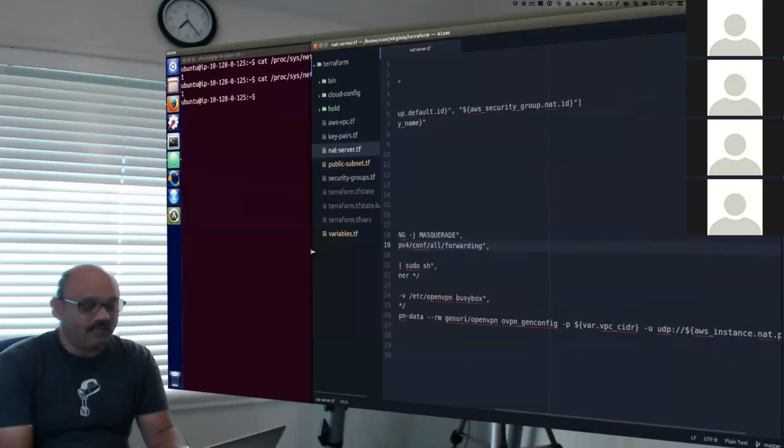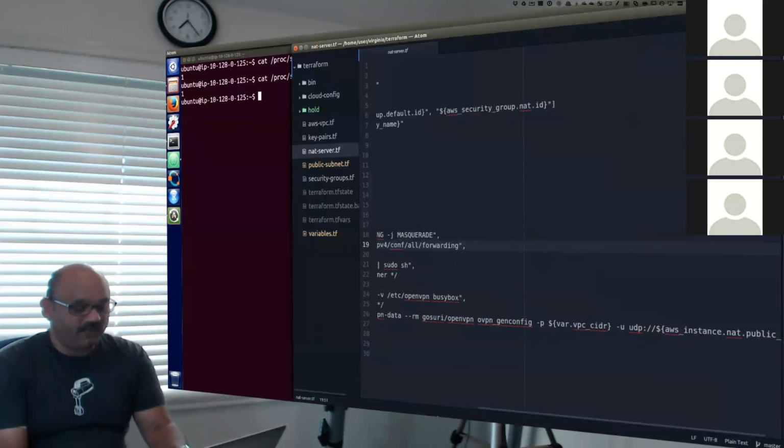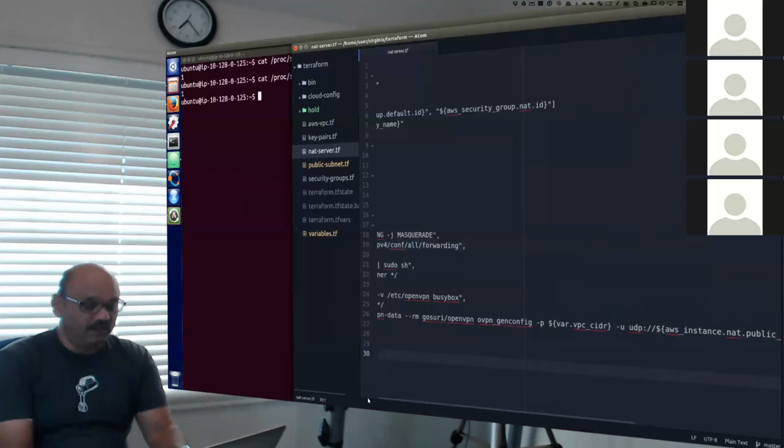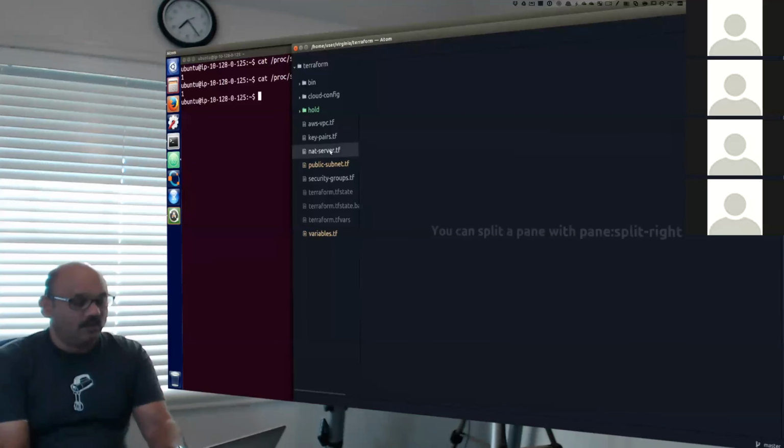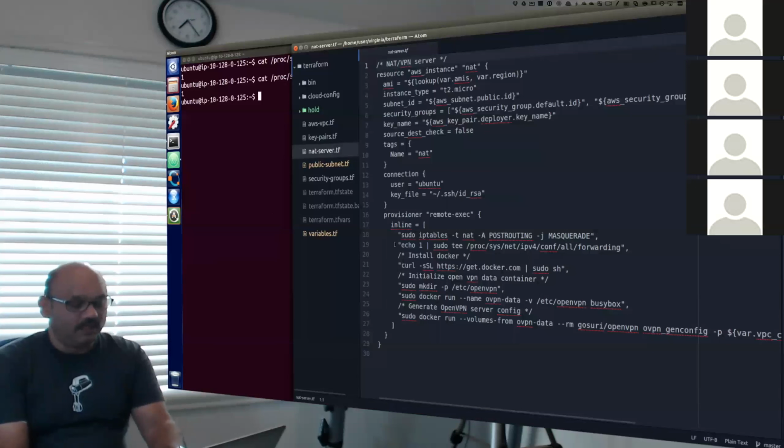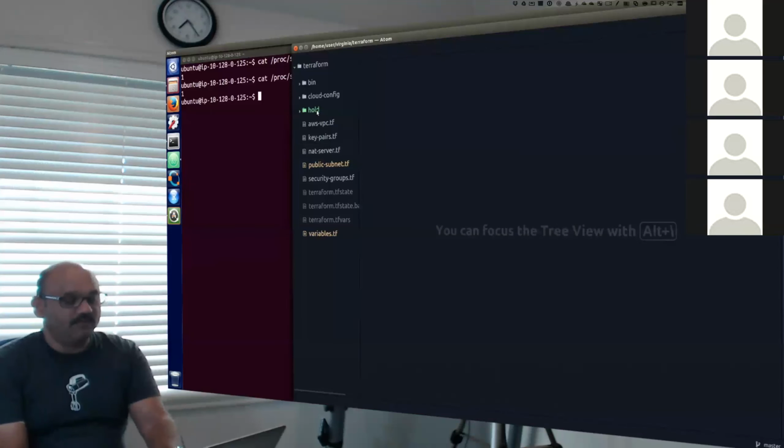Line number 19 helped us create that IP forwarding configuration, which basically makes this machine a NAT machine. And we already saw Docker running there, which is what has succeeded. So we have succeeded in creating our NAT box.